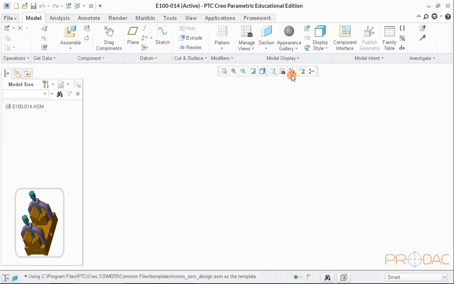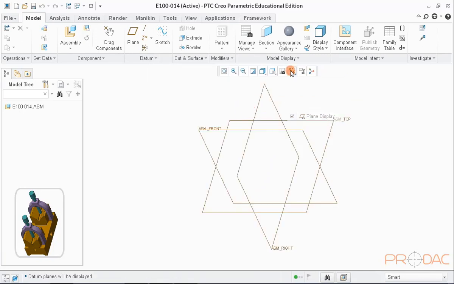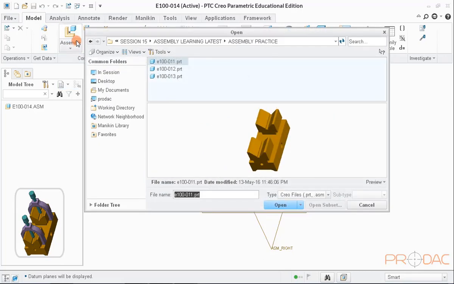Let us turn on the datum display first before we start assembling the parts. Now click on the button labeled as Assembly and open the first part for assembly.